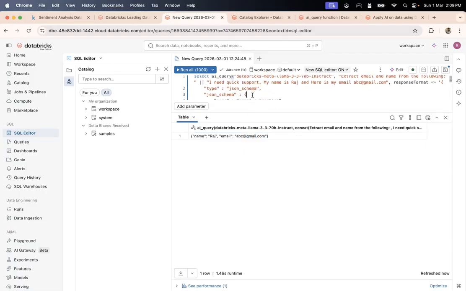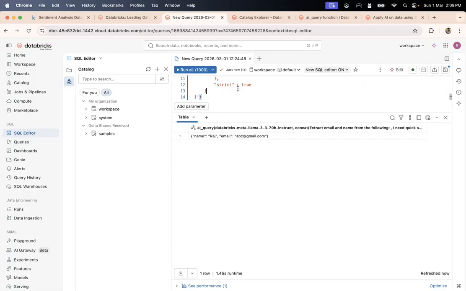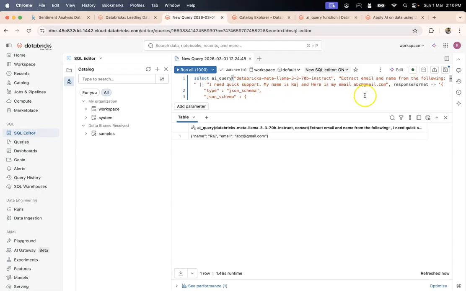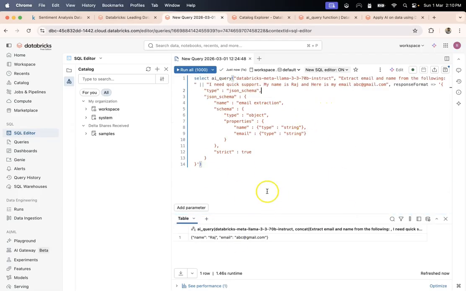Now you might be wondering how I can create this schema automatically. You don't need to worry about it. You can take help of AI, or there are many online schema builders that can be referred to build your schema. In larger SQL query scripts, your script might get longer. In those scenarios, you might be tempted to use notebooks to run these queries, because in notebooks you can inject these schemas using Python variables. That becomes quite handy.